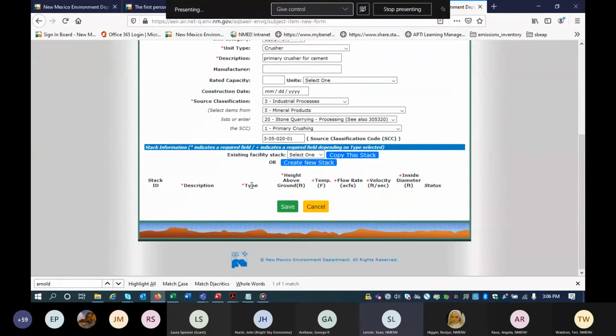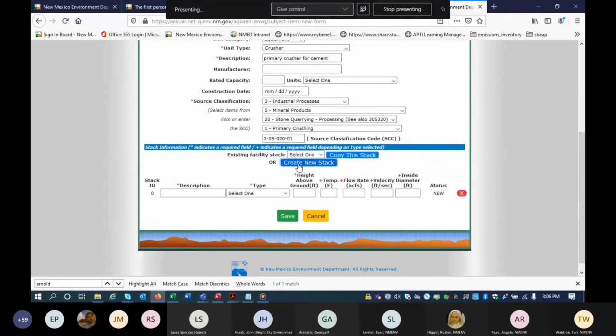And then, as Rosalind was saying before in our guidance about stacks, each piece of equipment requires a stack. And you had different stack types, such as fugitives, vertical stacks, horizontal stacks, and so on. So fugitive stacks are different than everything else. The other 5 are considered point source stacks.